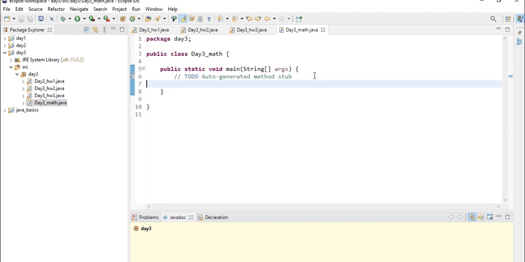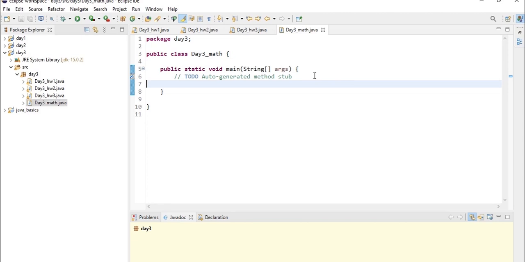There is a Math class in Java that has methods that allow us to perform mathematical operations on numbers. There are many methods available in the Math class, like the square root method, the absolute method and so on.